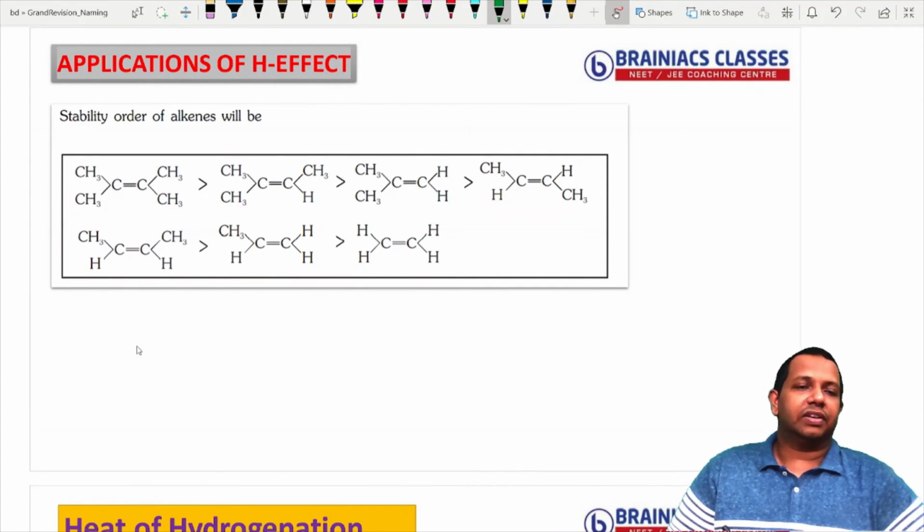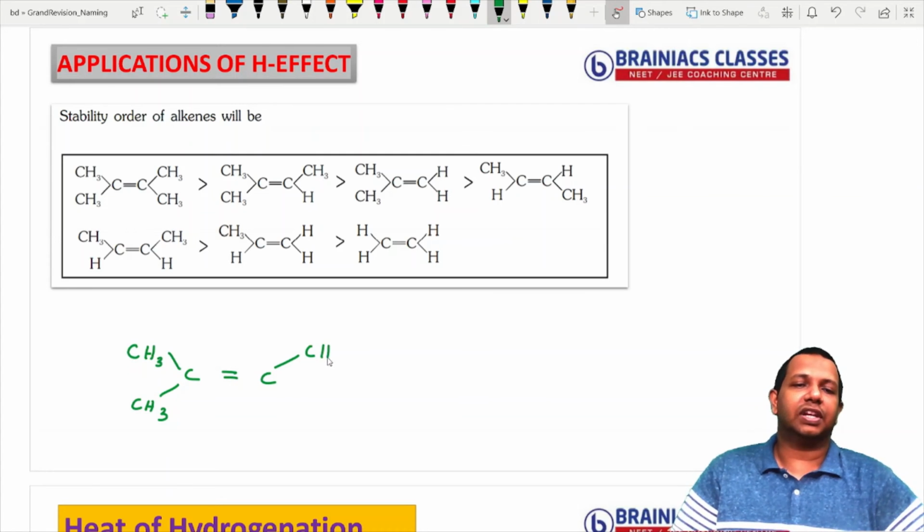So I will take one example here, CH3, C, here CH3, then you have a double bond, C, here also CH3, and here also CH3. So here, first of all, let's take this carbon atom as the central atom. So this is polarizing, means this will be positive charge and this will be negative charge. Now look at here, near to this one, 3 alpha, another 3 alpha. So 6 alpha hydrogen is stabilizing this one.